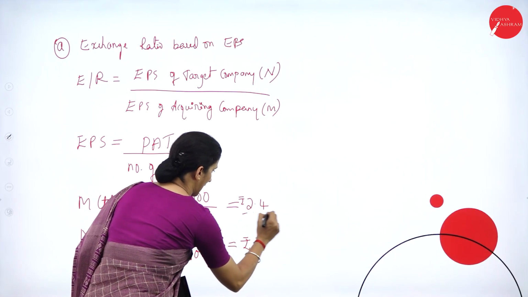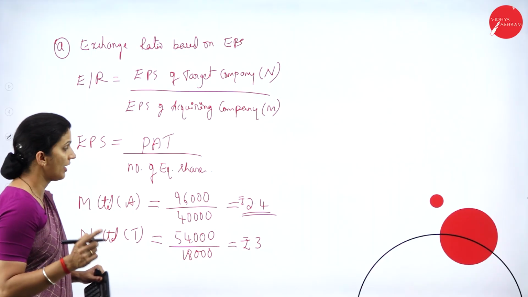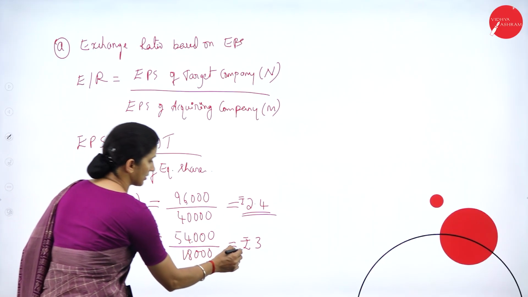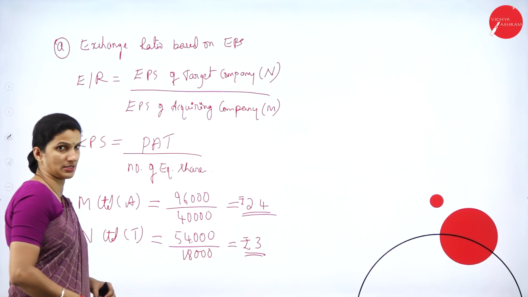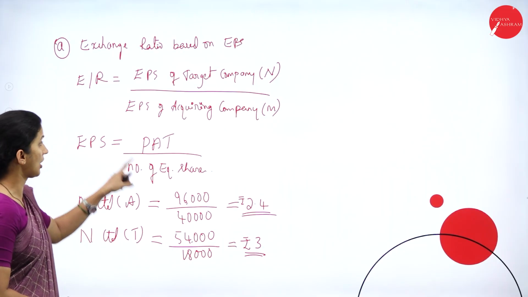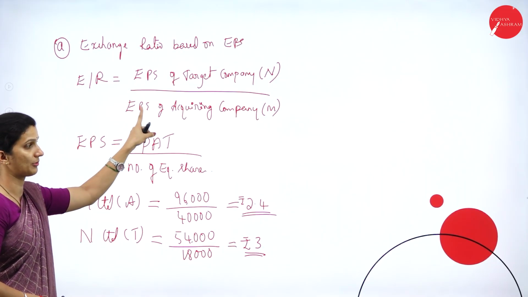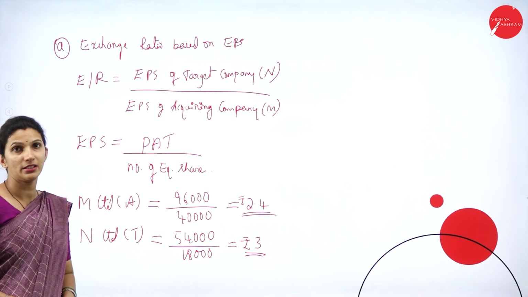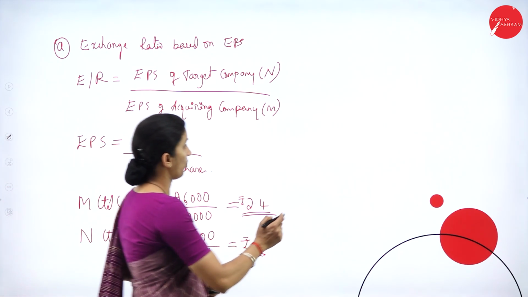So here for M Limited it is rupees 2.4 and for N Limited it is rupees 3. So this is the EPS for both the companies. Now we have the EPS of both the companies, so we can easily calculate the exchange ratio. Therefore,